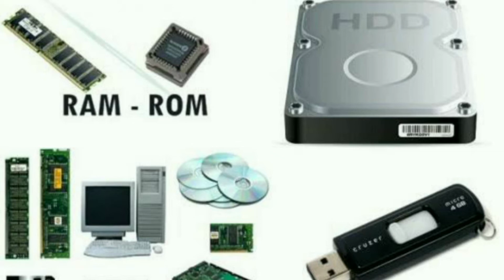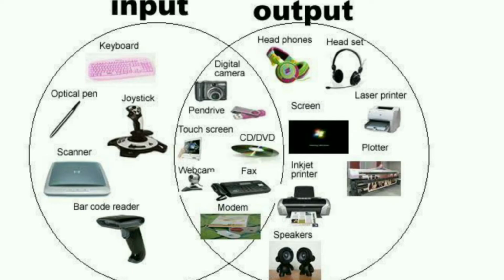And the next is about the different peripherals which we use. Apart from the keyboard, we have different types of input devices, as you already know, like the joystick is one of the input devices, and speakers, microphones, scanners, and also barcode readers. All these are some of the extra additional peripherals. You know what a peripheral is? A peripheral is nothing but an additional device that we use with the computer.